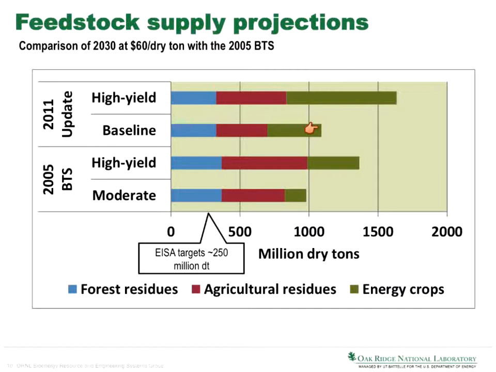All this discussion will be at the farm gate. Assuming a farm gate price of $60 per dry ton by 2030, our simulations suggest we'd have upwards of 1 billion tons available at the farm gate under the baseline scenario, with much more potentially available under a more optimistic high yield scenario. Basically, the high yield scenario includes assumptions of more optimistic yield improvements.